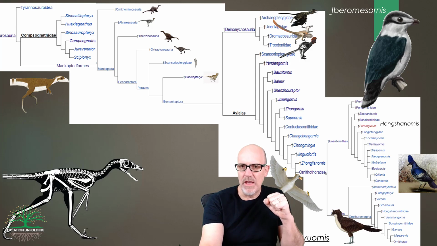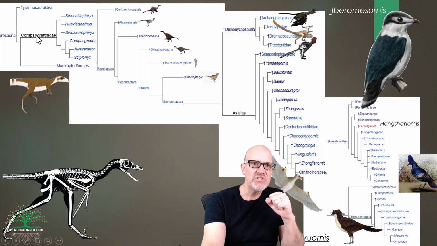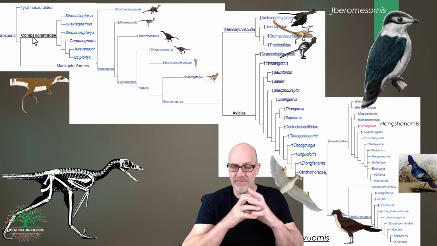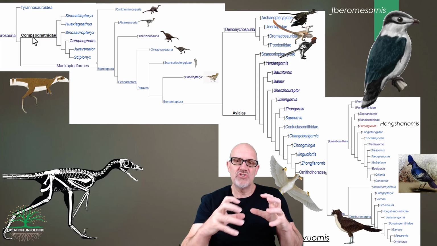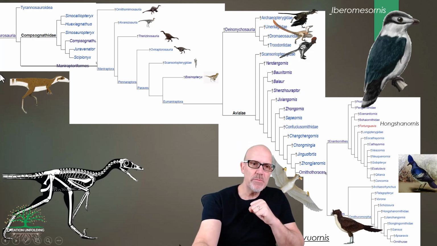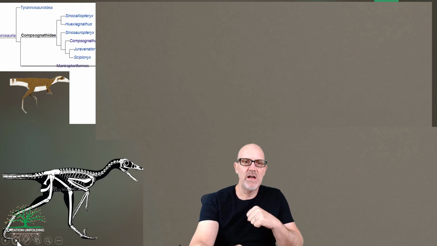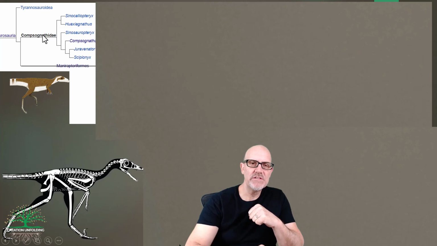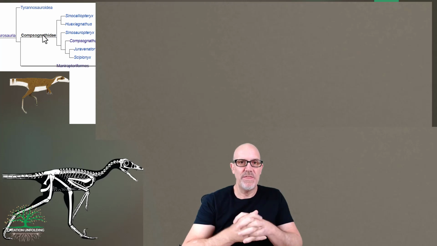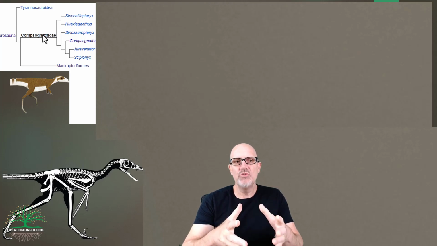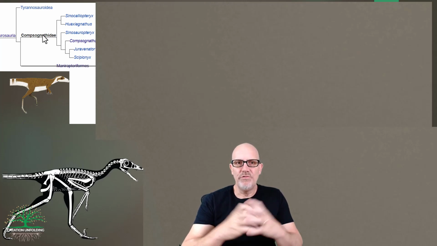We're going to that group, and where we're coming from is right over here on the left. We're starting with this group, the Compsognathids. That's the group that the evolutionary community thinks gave rise to the group that eventually led to birds. So to make it a little easier, I'm going to black out the rest of it, and we're going to start on the left with our tiny little cladogram, which starts with Compsognathids. Compsognathids are a group of very basal theropod dinosaurs. In fact, Sinosauropteryx is a compsognathid. And from the evolutionary perspective, modern birds evolved out of this group.